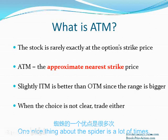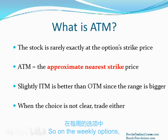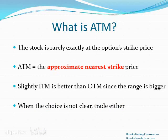One nice thing about the spider is a lot of times they'll have strikes that are 50 cents apart. So on the weekly options, a lot of times they'll have a 140.50 call or put. So if the spider's at 140.40, you're not forced to buy the 140 call or the 141 put. You can buy the 140.50. Okay, so